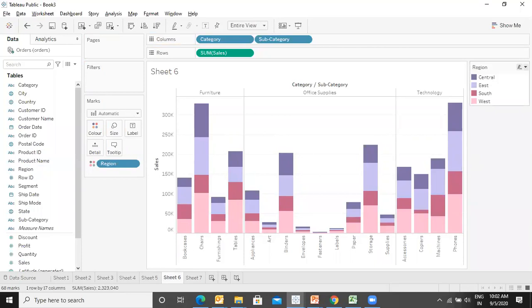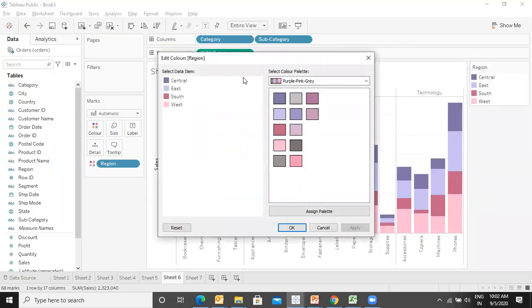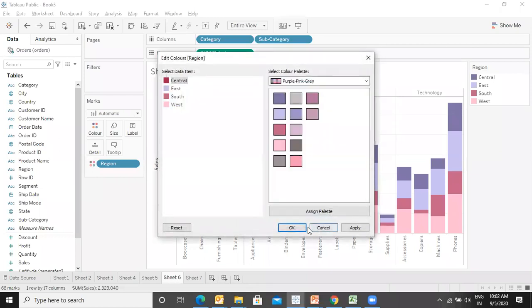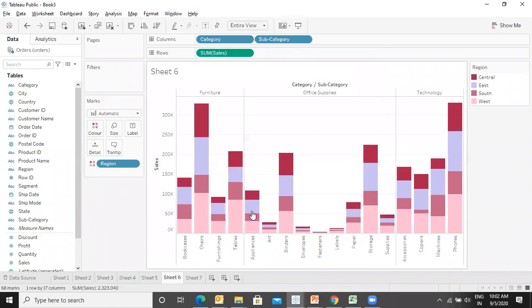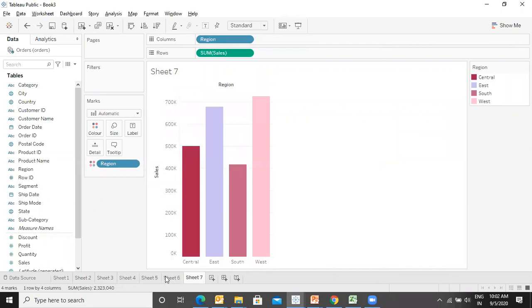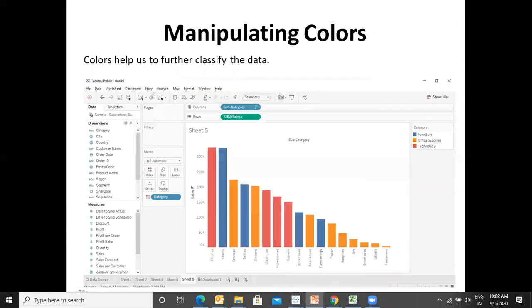And if you want to further edit it, let's say for the central region you want to assign some other color, here is the palette, you can choose whatever you want, something like this, and say apply. This is how it is appearing. So this is how we can edit the colors.